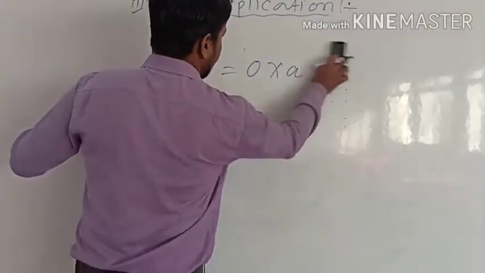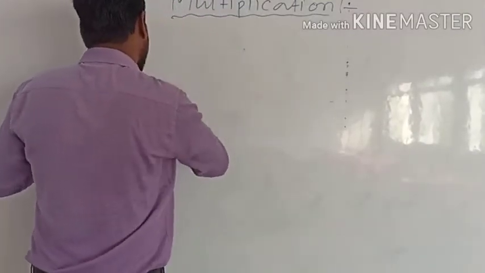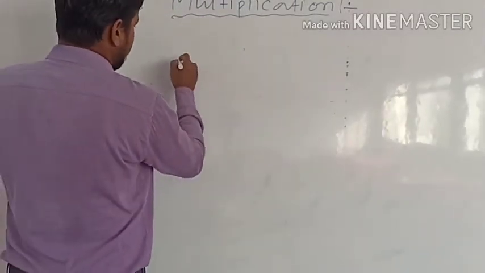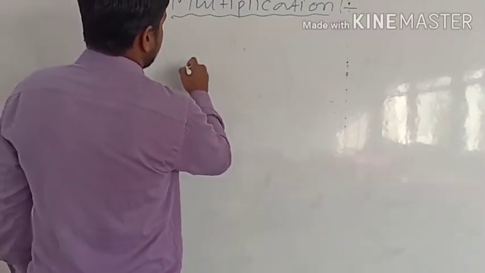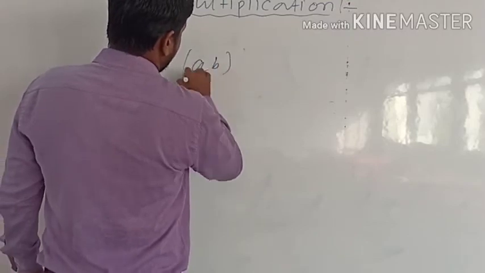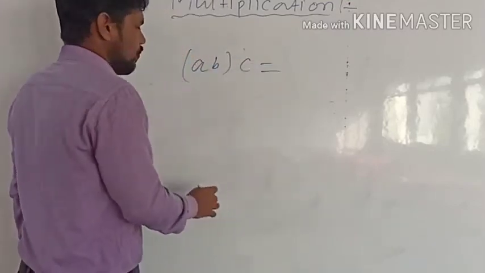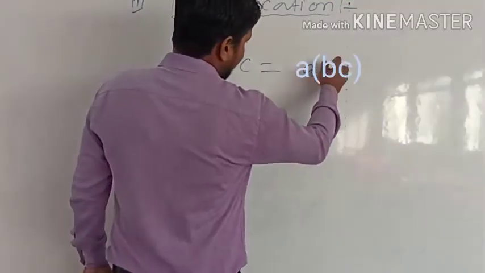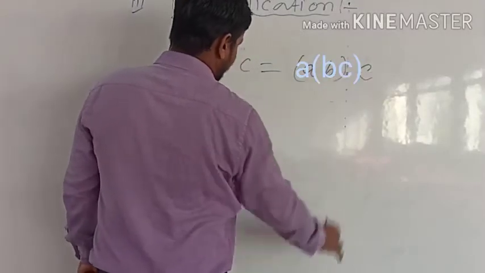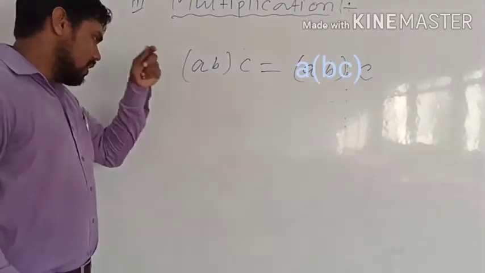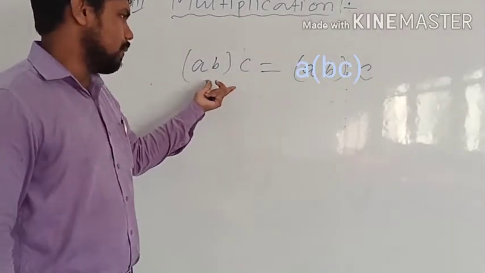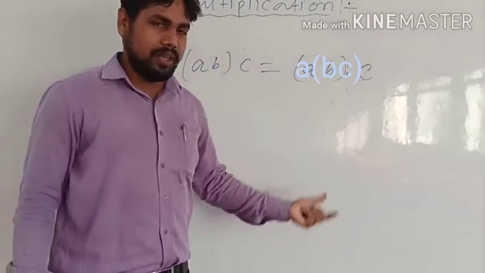After that let's move to the next concept, which is related to three numbers. Three numbers means A into B into C will be equal to A into B into C grouped differently, or you can write this first also. So it doesn't matter how you are arranging. In case of multiplication, both will be the same.